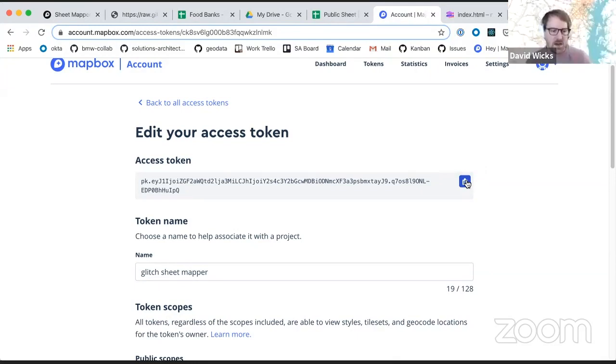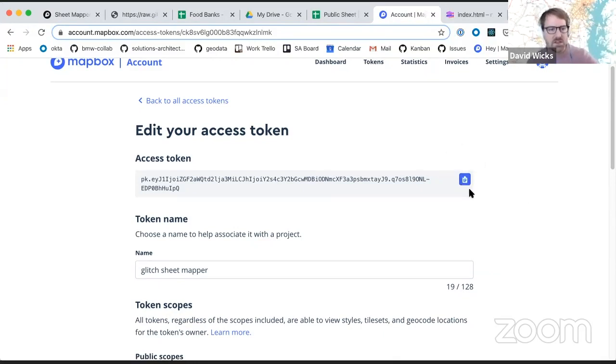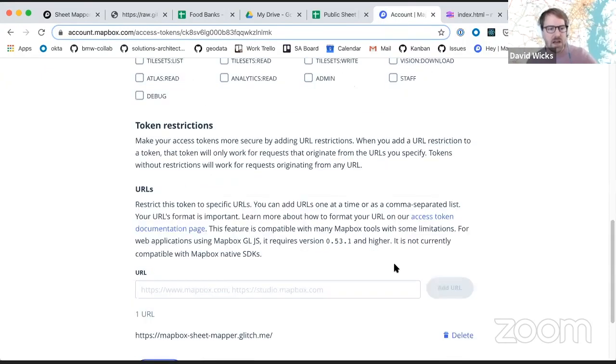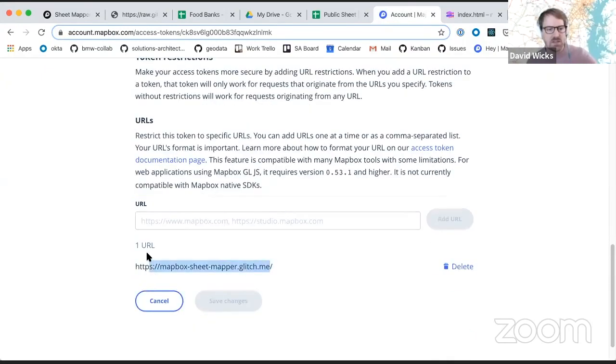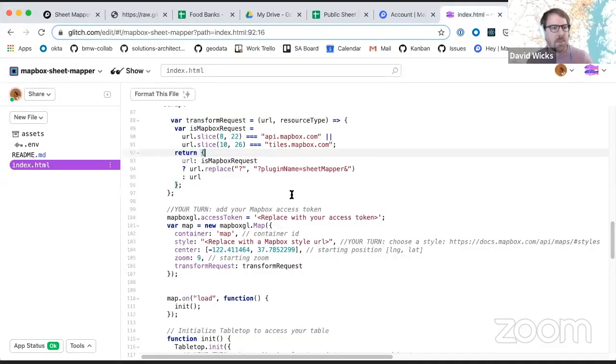Cool. Yeah, so when you have your Mapbox account, which you can sign up for at mapbox.com, you can go into your tokens, and I'm in the edit access token area, so I can easily copy this access token. You can name them, and I've actually restricted this one to just the glitch project where I'm showing it. And that makes sure that anyone who's using it is using it on this web page where I meant for it to be. And so we copy that,